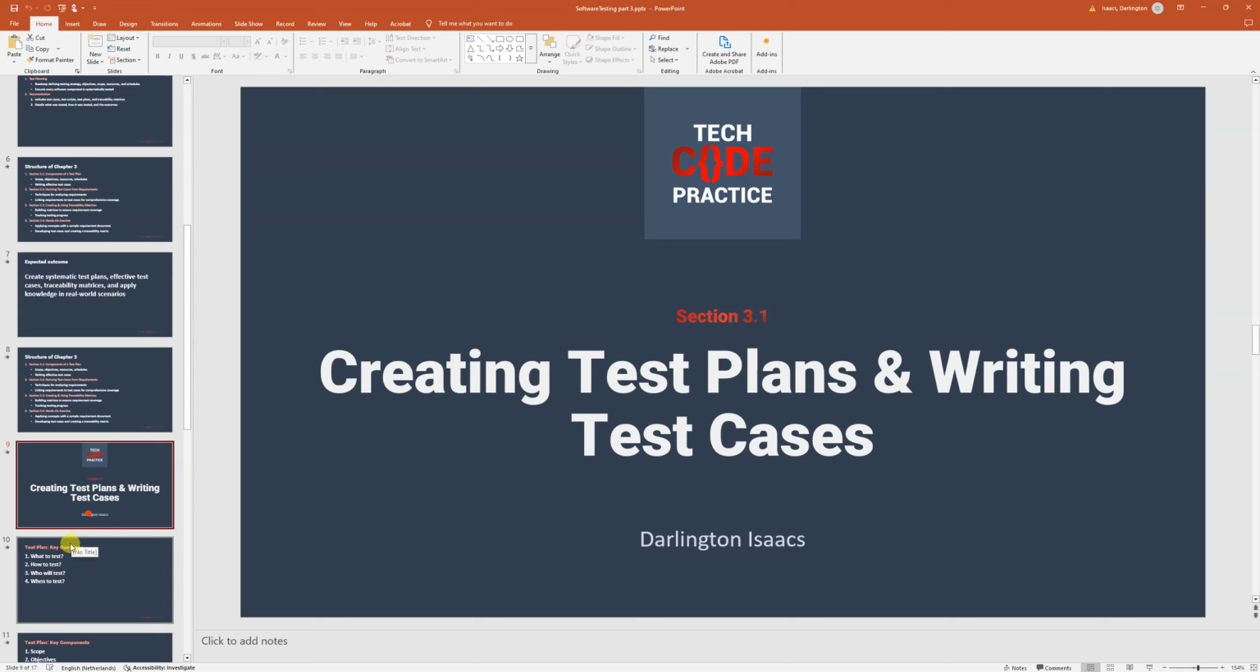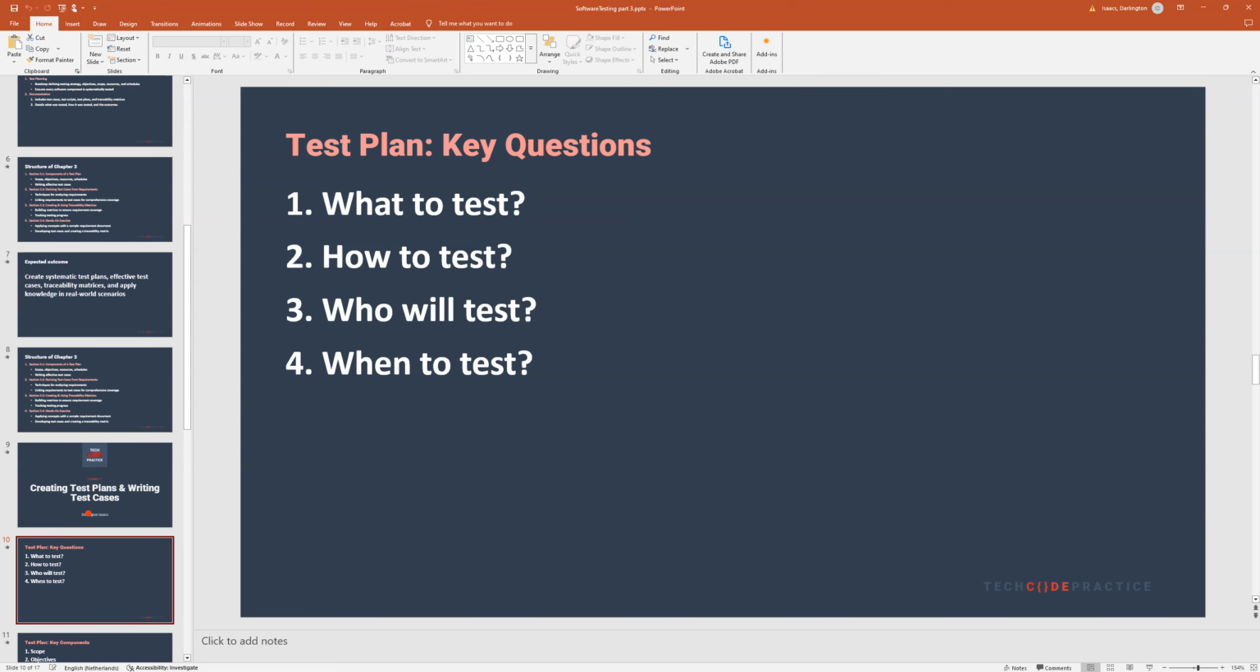So, what is a test plan and why is it important? So, first, think of a test plan as your testing roadmap. It answers key questions like the ones you see on the screen. So, remember, I always like to have a visual representation. So, roadmap,